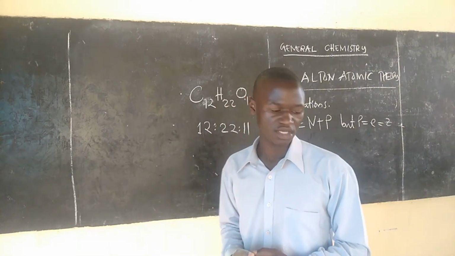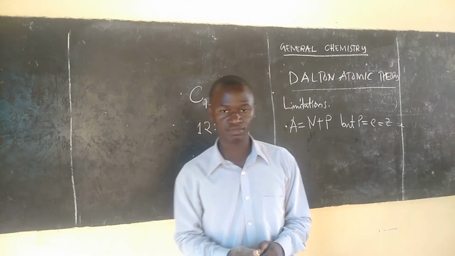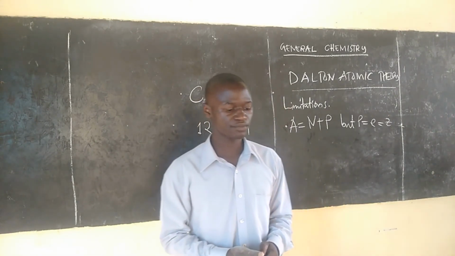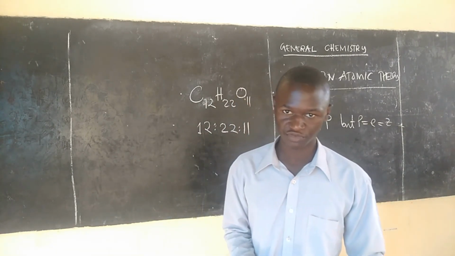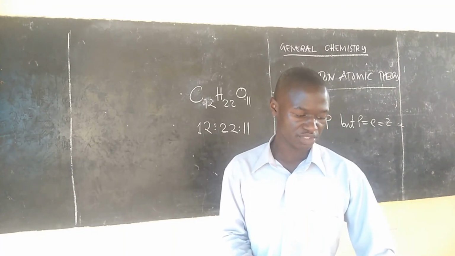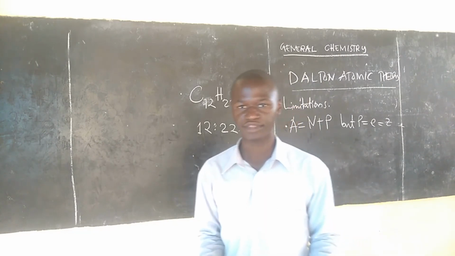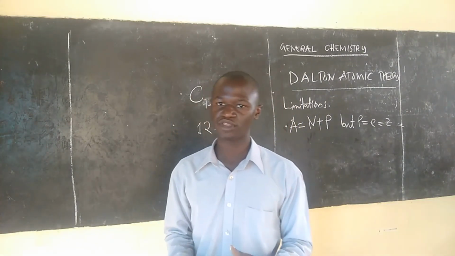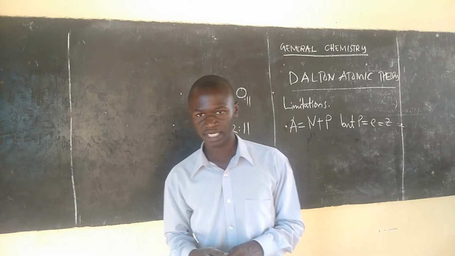which we have discussed the nature of matter and the Dalton atomic theory. In the second session, we will start our discussion about the fundamental particles of an atom. We shall see what an atom is made up of. An atom is made up of what particles? The smaller particles of an atom.